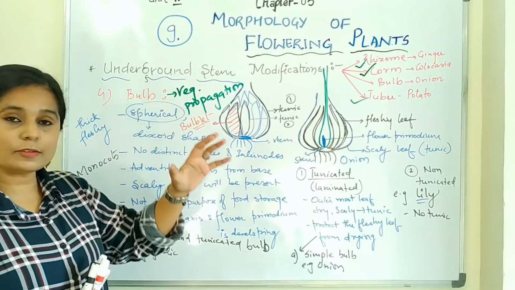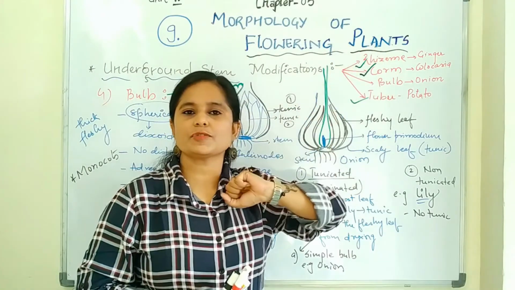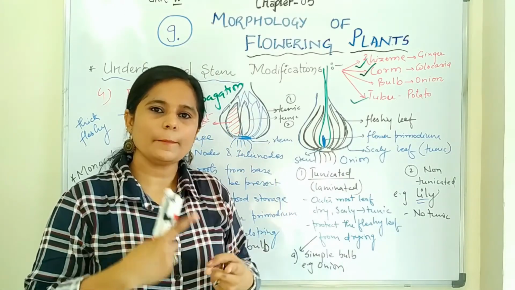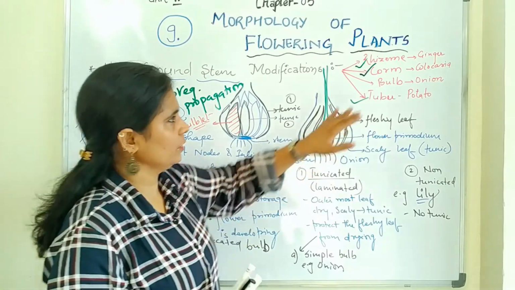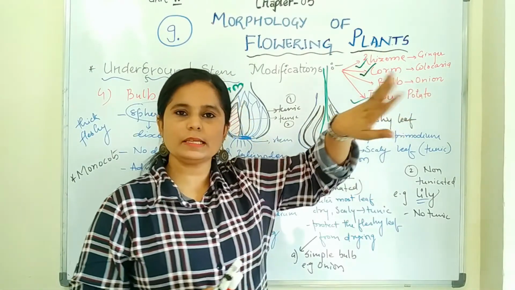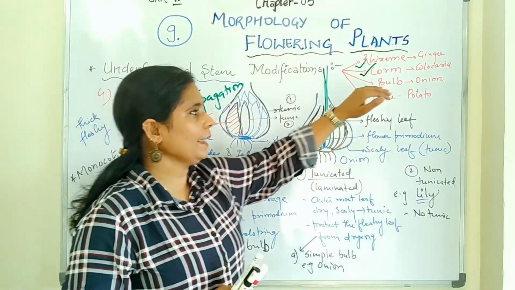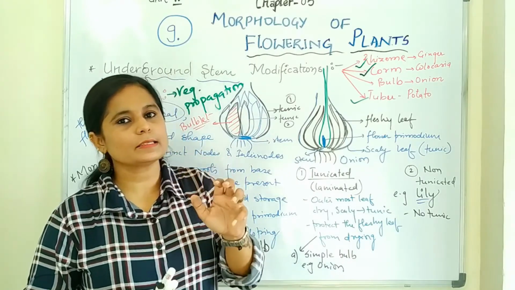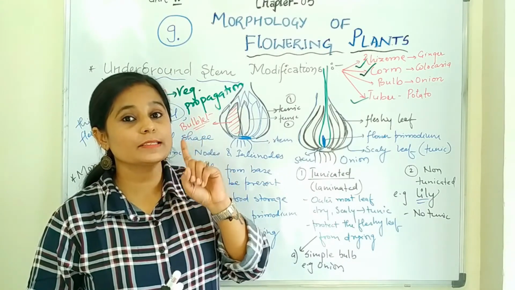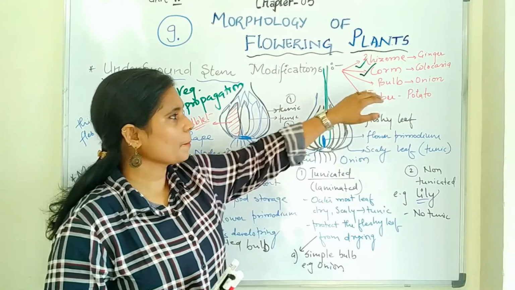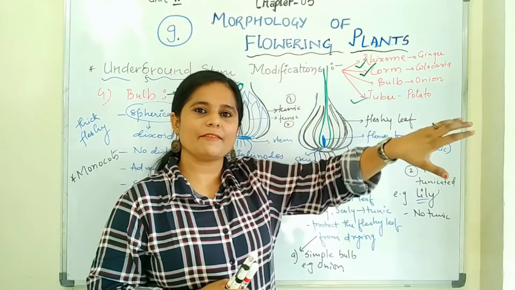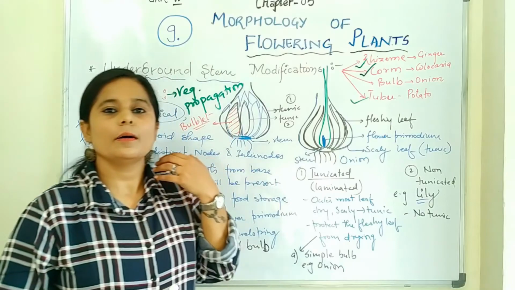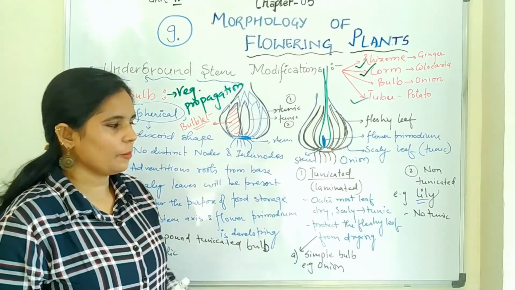Out of these underground stem modifications, out of these 4 which we have read, 3 are having dual function. One for storing the food plus the other for vegetative propagation. Rhizome, corm and tuber. These 3 are for dual function. And in bulb, the edible part, the modified part, the fleshy part is the leaf, which we are consuming, not the stem. Stem has the purpose of vegetative propagation. This underground stem has modified for the purpose of vegetative propagation.